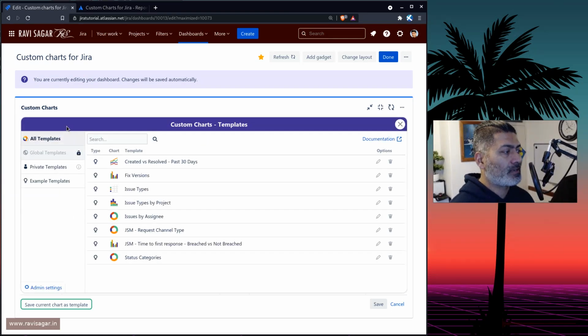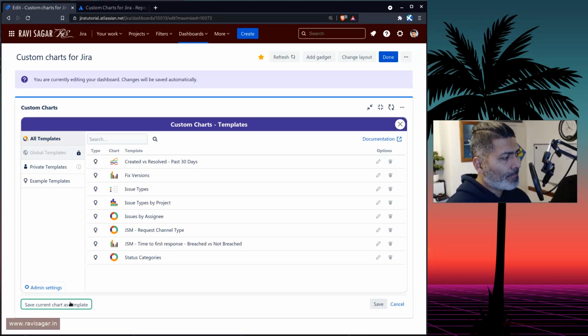Okay, so let me take a look at these templates, because I think when people start using a new tool or a new app, if you can give them something that they can straight away start using, like some kind of a template, some ready-made reports, they really appreciate. People will like using your app. If you give them the working examples that they can further modify, then that is the best thing I believe that you can do. So the good thing is that I can see here that you have a lot of templates, but you can also save your report as a template, which I believe is what